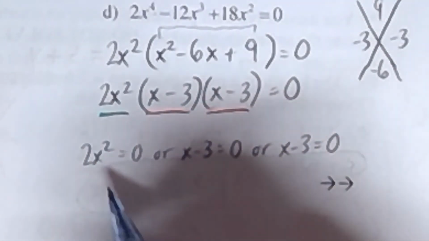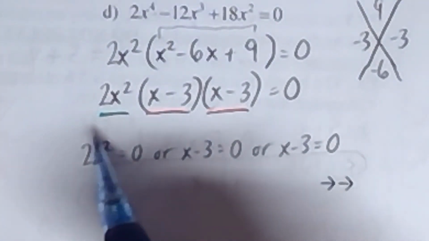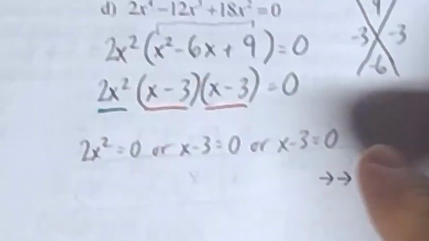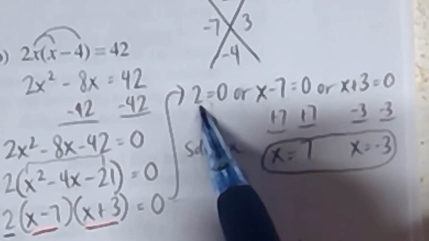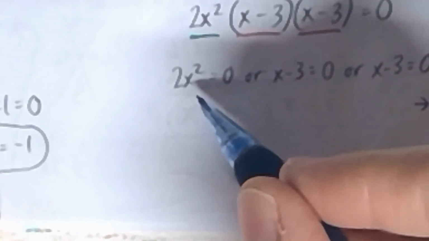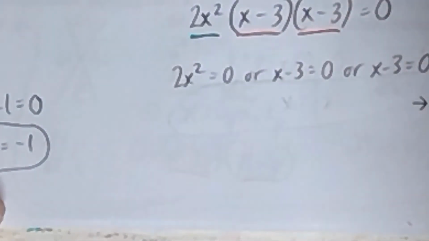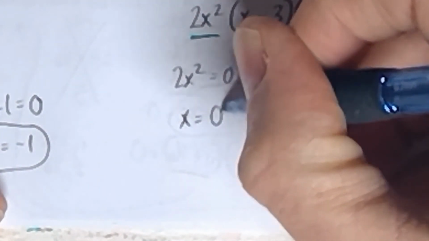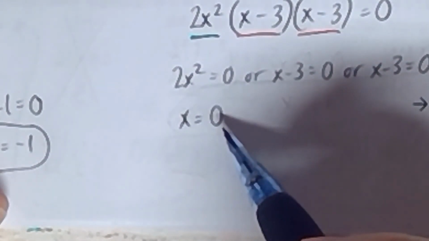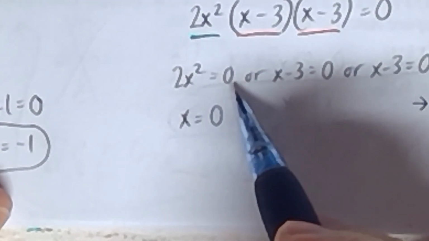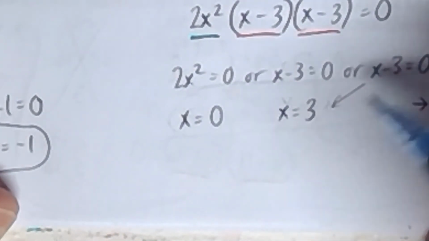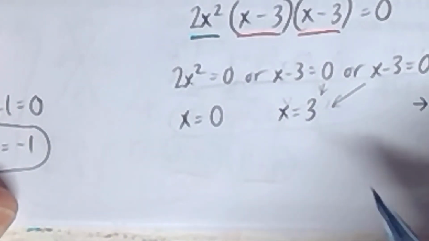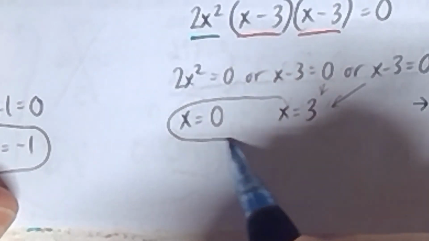So anyway, 2x squared equal to 0. When you have just a single term with a variable in it, unlike in the last problem B up here where you had a term equal to 0 but it didn't have a variable and that was different, the only way that could be a solution is if x is equal to 0. That's the only thing you could plug in there that would make that true. And that always happens when you have a single term equal to 0. And then the other one, as you can see there, is x equal to 3. And so we end up with just 2 answers on this particular problem.